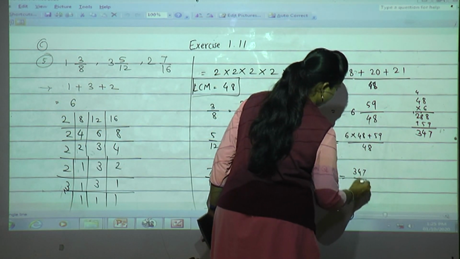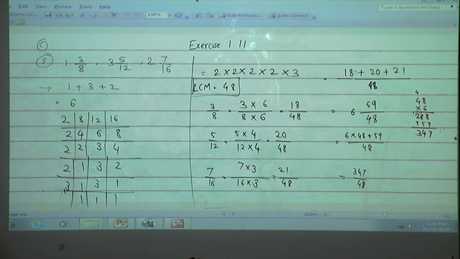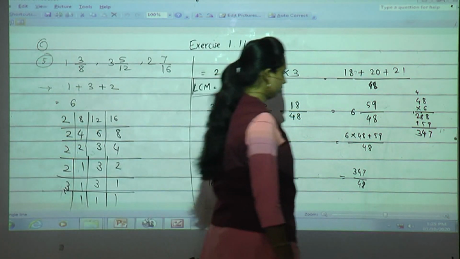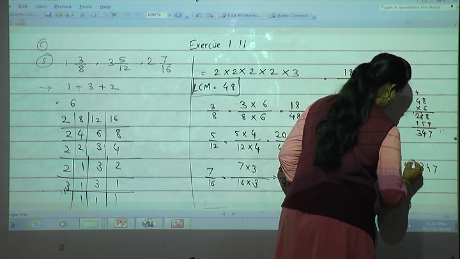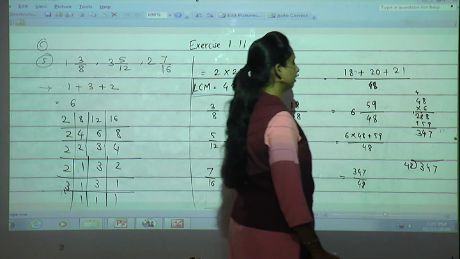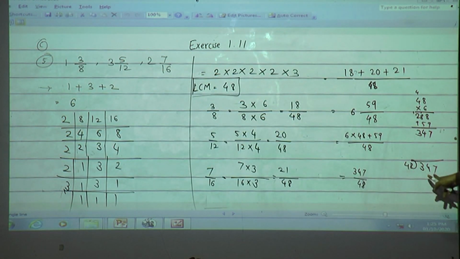Now what is the answer here? 347 divided by 48. Now here, what do we have to do? We got this answer, so now we have to divide this number. Okay? Now we will do the division. 347 divided by 48. Now see, the divisor is a 2-digit number, but here 34 is there. We cannot divide. Now we have to go with 3 digits. Now see, is 347 in the 48 table or not? We have to cross check.